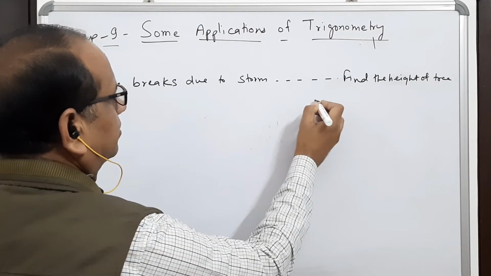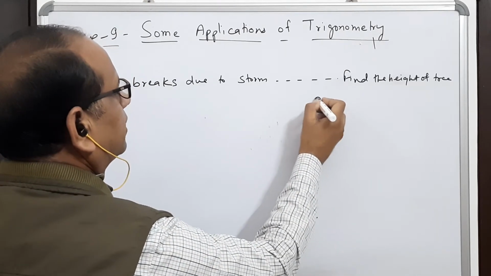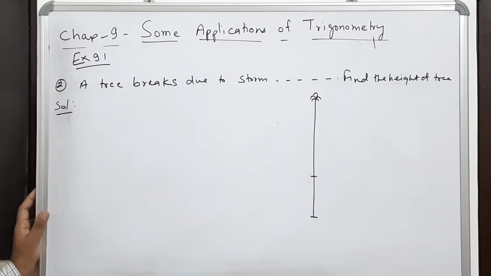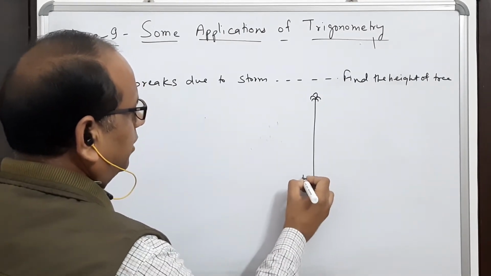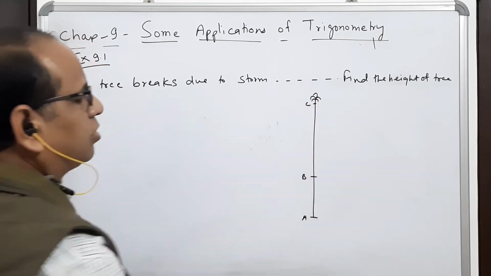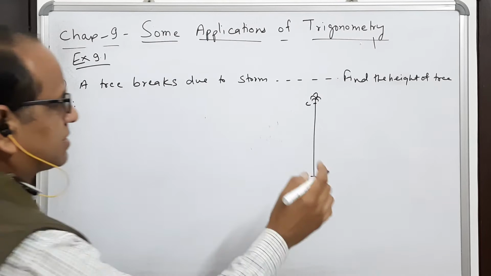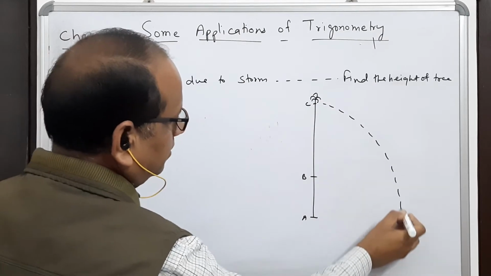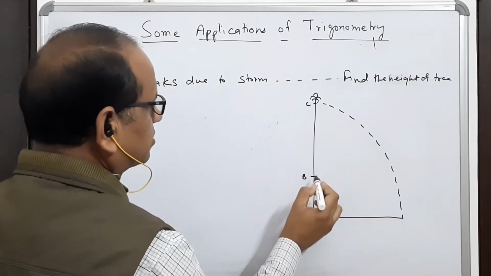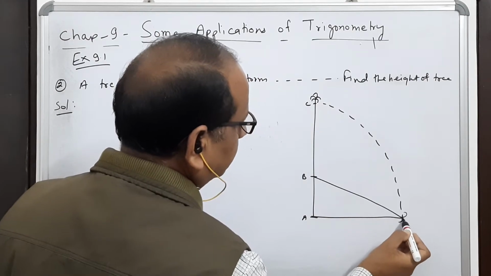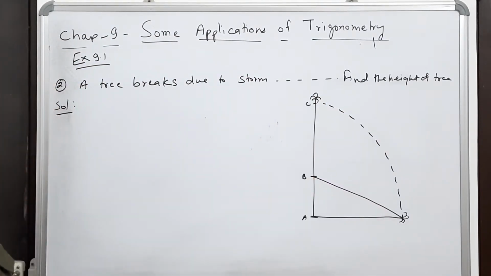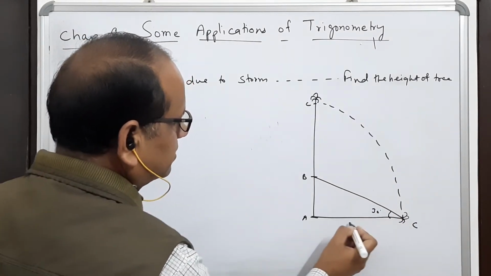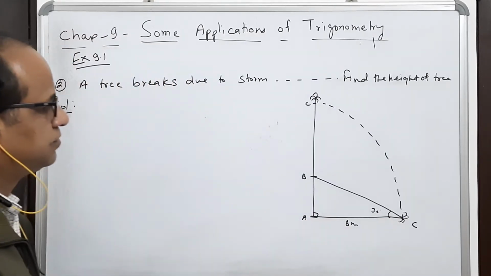Now see, what is it? There is a big tree here. And this tree breaks from here. This is point A, point B, and point C is the top of the tree. And when it breaks, definitely it bends down like this. So now the second position is this way. This broken part bends down in this way. And it is told here that now the C point will be here. This angle is 30 degrees and this part is 8 meter.